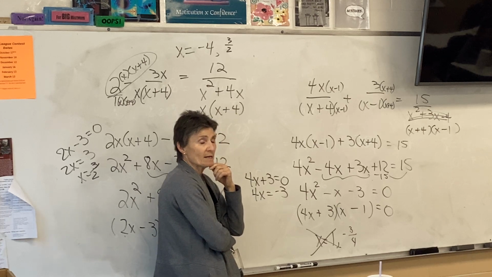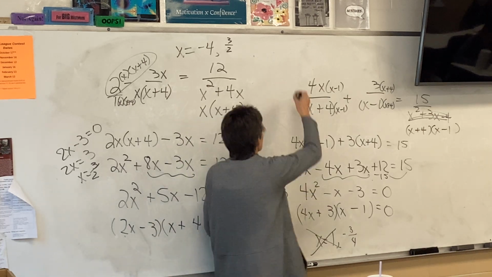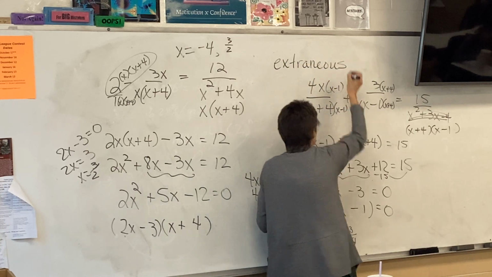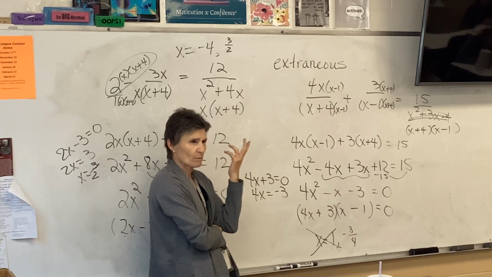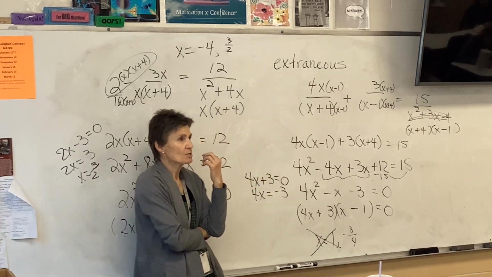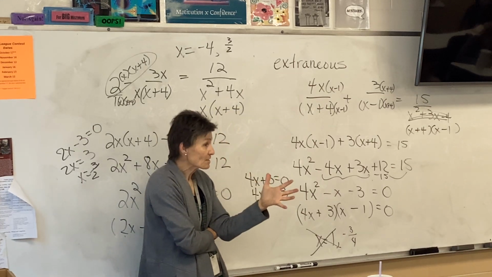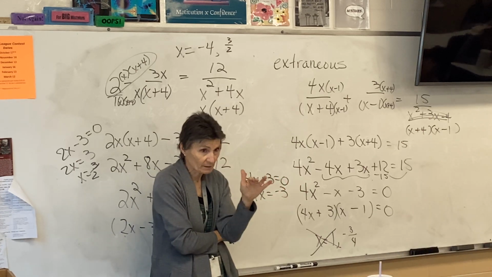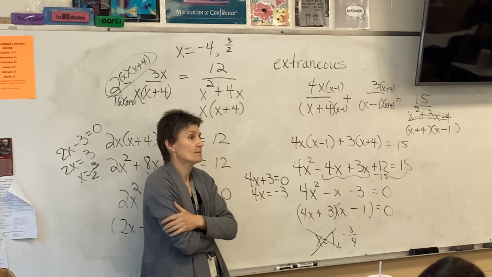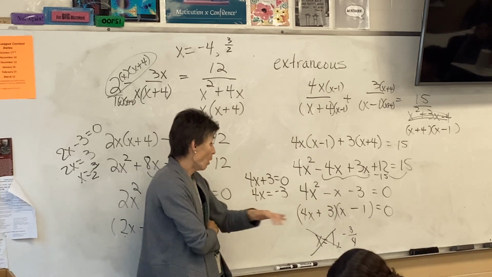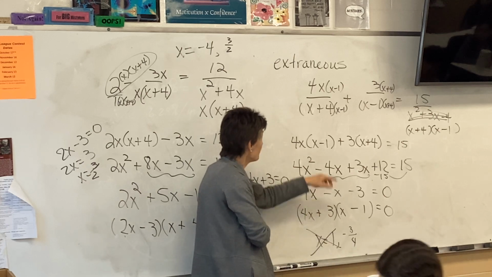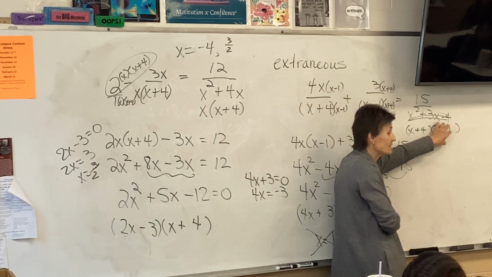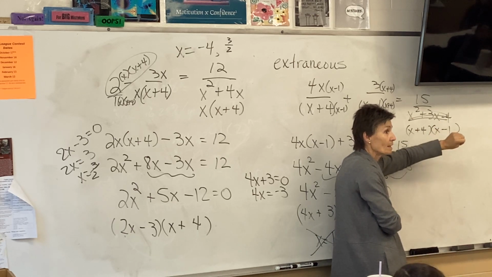It's not that we made any mistakes, we didn't. It's what's called an extraneous root. An extraneous root, have we talked about those before? An extraneous root is an answer that you get. You haven't made any mistakes, you did everything perfectly, it just doesn't work. And 1 doesn't work because when I put it back into my problem, it makes a 0 in the bottom, and that is not